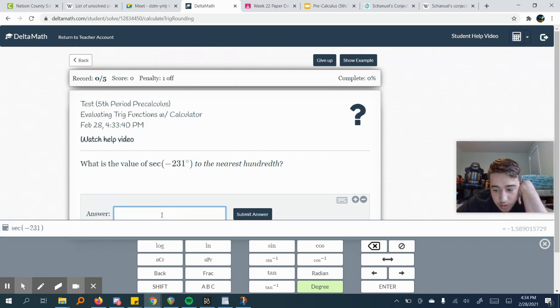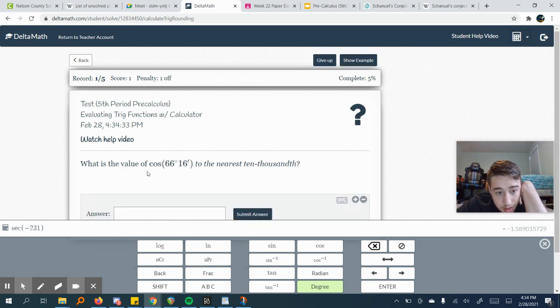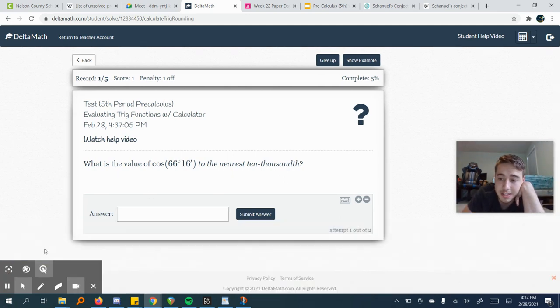So that means we're going to do negative 1.589, which rounds to 9. That's it. You literally just plug it into a calculator, y'all. Now, here, it's actually asking you for something that you haven't seen before, at least not in this class. So I'm actually surprised that they give this particular problem in this set, but it's not that bad once you